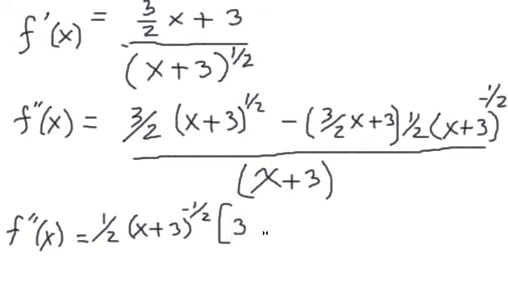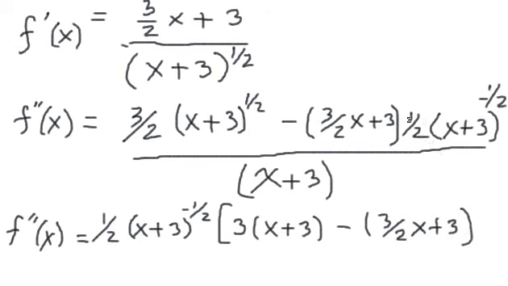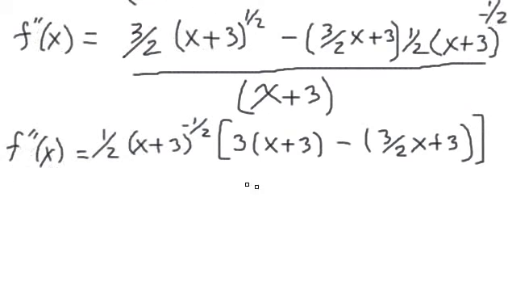So we're going to have a 3 times x plus 3 and a minus 3 halves x plus 3. And of course I pulled this half out, and this x plus 3 raised to the negative half, I pulled that out also. Okay, and that is all over